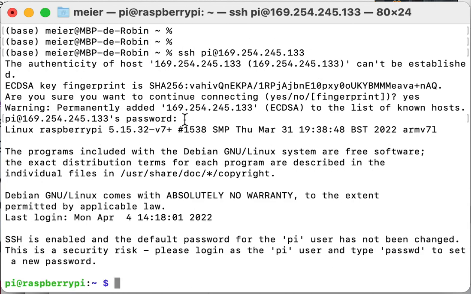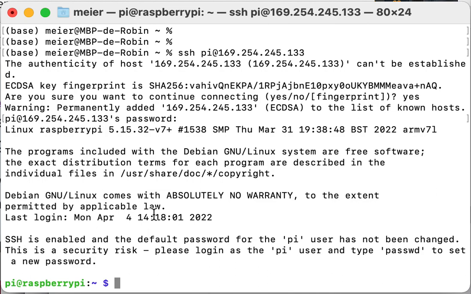It's normal that when you type the password, nothing shows up here, but it still gets the letters. So you just type raspberry and enter, and that should do it. Make sure you get the caps and all that right. And here we are. Now we've connected to our Raspberry Pi, and what we're seeing here is basically the terminal